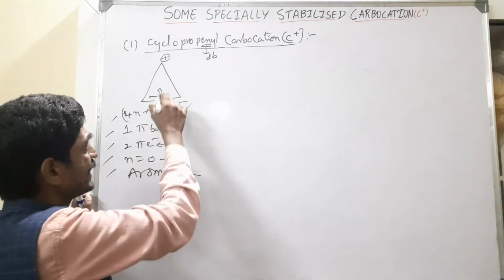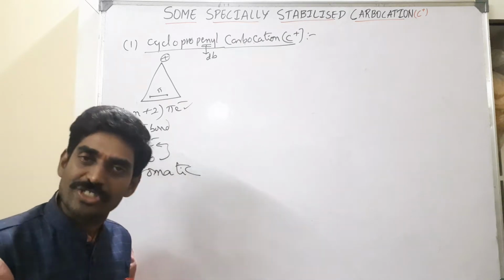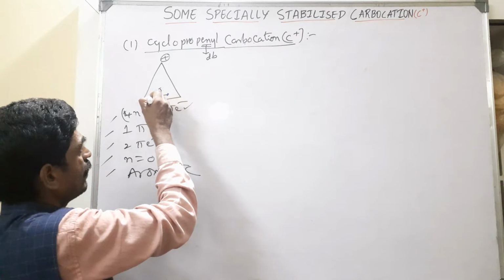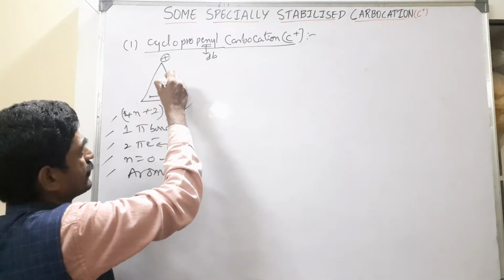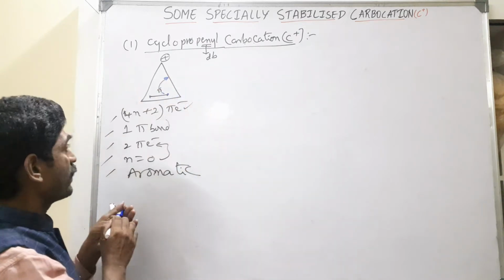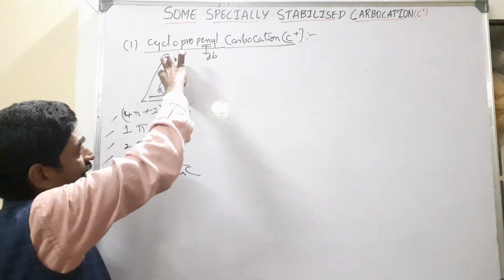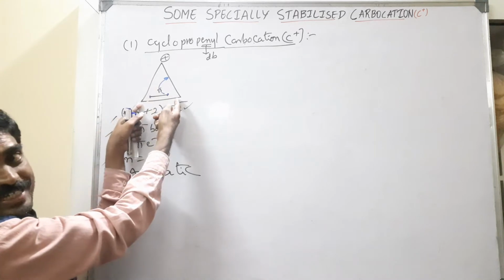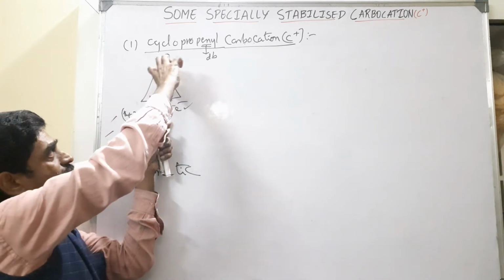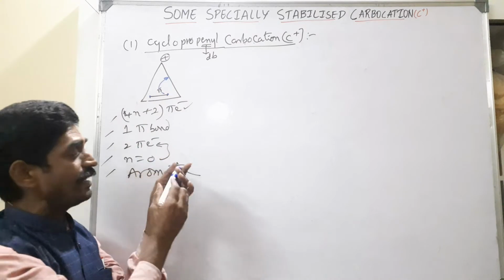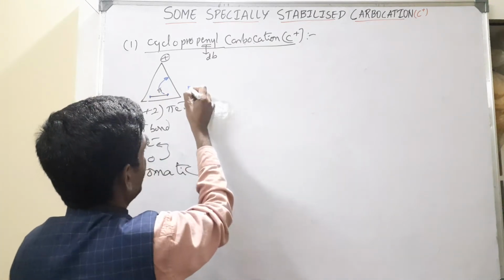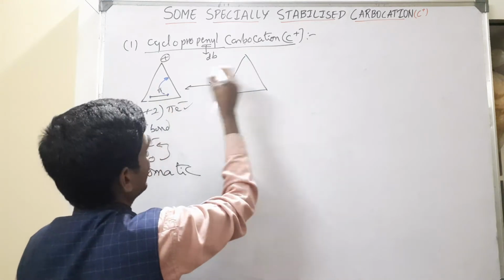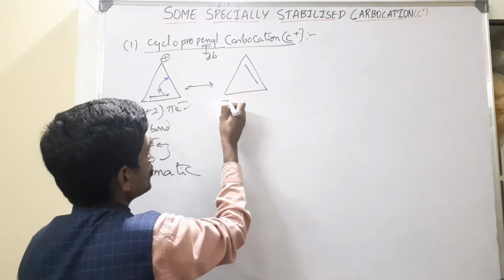Now delocalization of pi bond electrons takes place here. These 2 pi electrons are delocalized from here to here. That means these 2 pi electrons migrated here, then this carbon gets positive charge. These 2 electrons are back to these 2 carbons, right? When they migrate from here to here, then this carbon gets positive charge. Then we'll get one resonance structure. So here a double bond and this carbon gets positive charge.